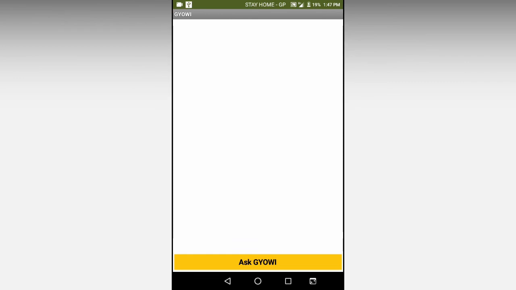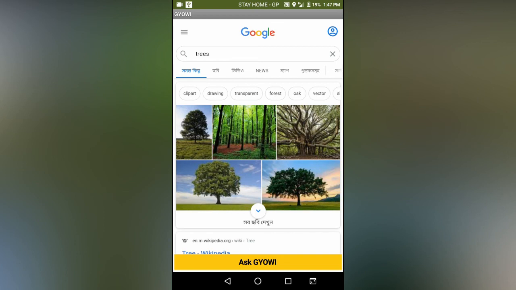Now if I press the ask Givi button and ask her something, trees Google. Okay, so now I have said Google after trees, so it has split the text from trees to Google, and now shows the result in Google.